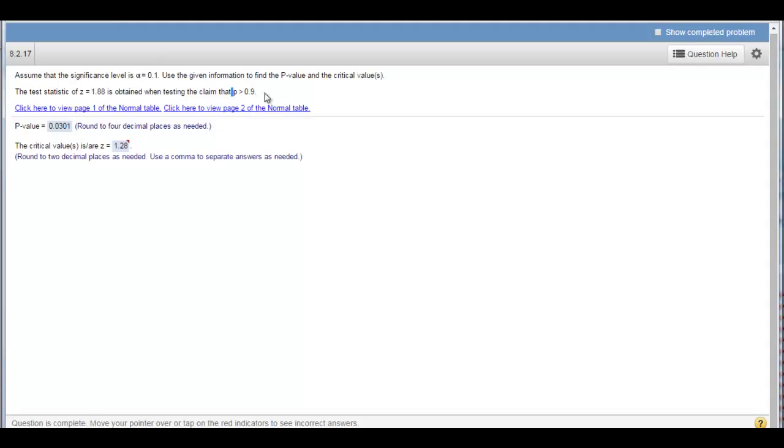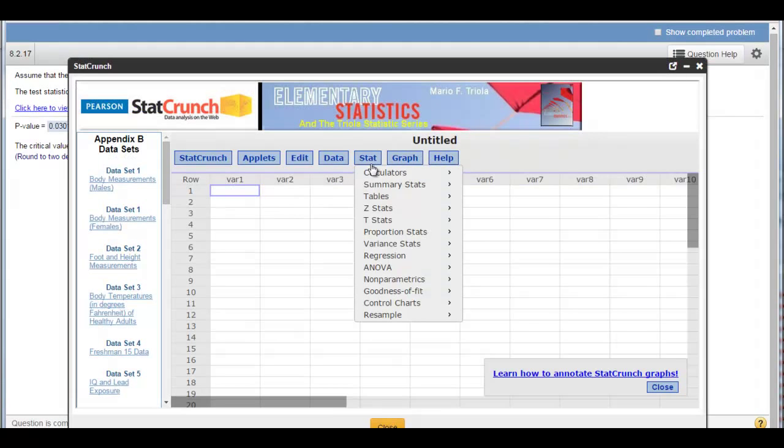This is a proportion problem, so we're going to be using the normal distribution. Our alpha level is 0.1. So we'll go to StatCrunch. We'll click Stat, Calculators,